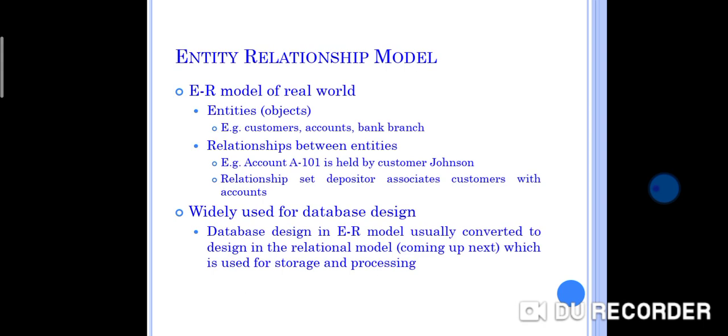Then we go for the ER model, that is the entity relationship model. In this database model, relationships are created by dividing objects into entities and their characteristics into attributes. Different entities are used in a relationship. ER models are defined to represent the relationship in a pictorial form to make it easier for different stakeholders to understand. This model is good to design a database which can then be turned into tables in the relational model also.